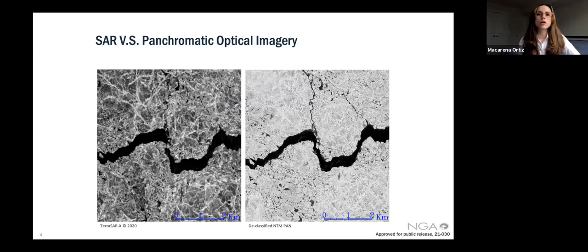I just want you to notice that on the SAR on the left-hand side, the calm bodies of water are very dark, like I mentioned before, and the ice, specifically over the ridges, is very bright. That's because the ridges are very chunky, so the materials there are rough. You can see a lot more structure with the SAR. The ice ridges pop out more, and you see many more shades of gray as opposed to the optical. However, the optical images are a great use for studying things like melt ponds.